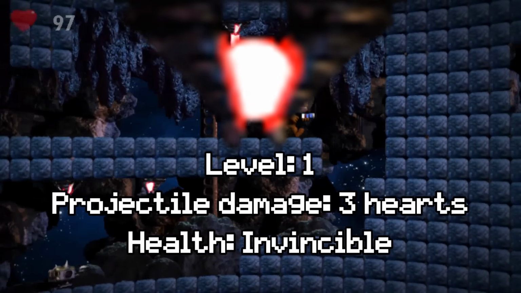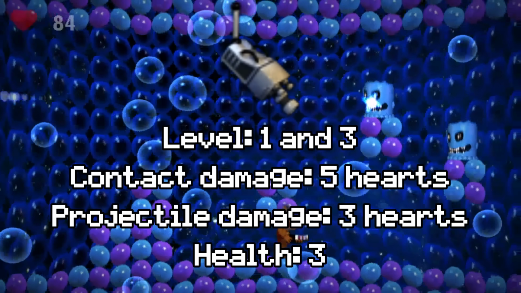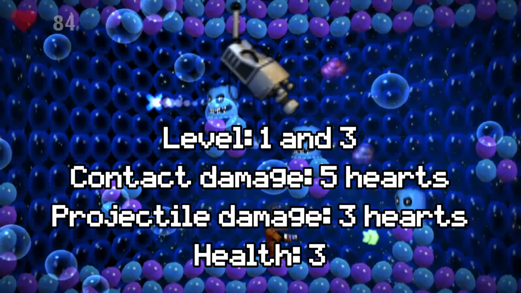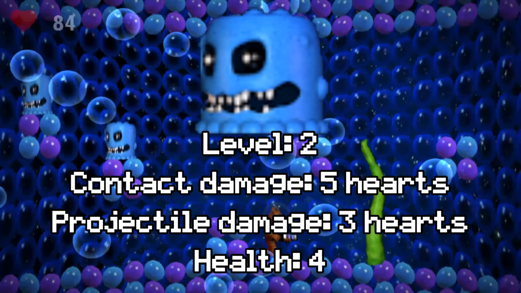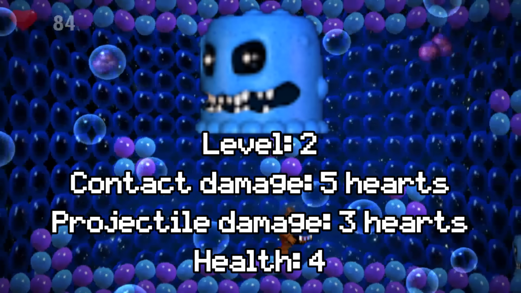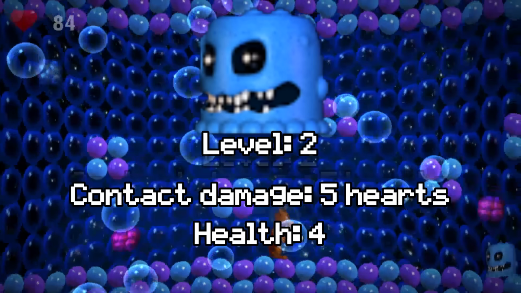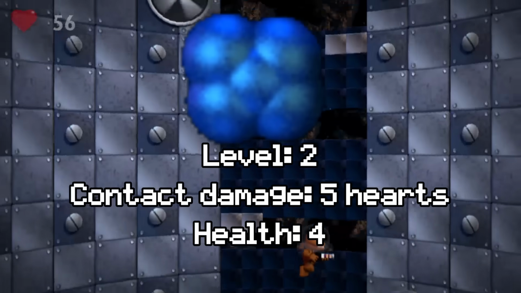The laser will deal 3 damage per hit and cannot be killed. The security camera has 3 health and deals 3 damage with every projectile hit and 5 damage for contact damage. Flan-like enemy, yes that's its name, has 4 health and deals 3 damage per projectile hit and 5 damage per contact hit. The Blob, aka the most annoying enemy in Freddy in Space and probably FNAF World as a whole,